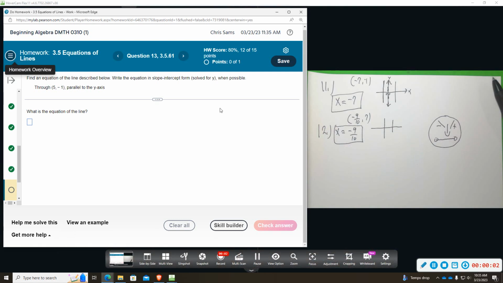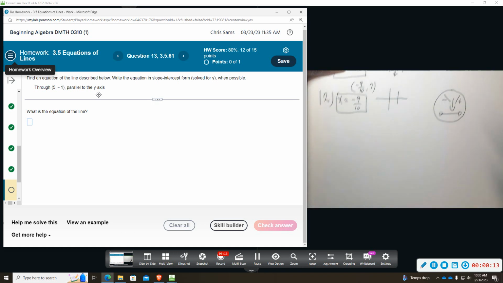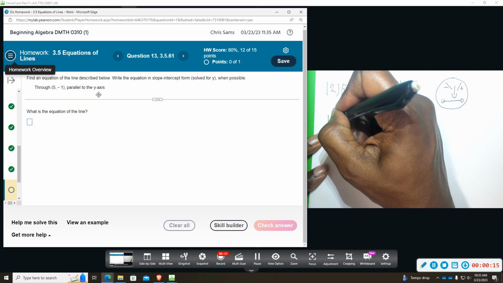All right, number 13, they want us to find the equation of a line that goes through the point (5, -1) and is parallel to the y-axis. Okay, so now we've changed gears just a little bit. So if I think about 13,